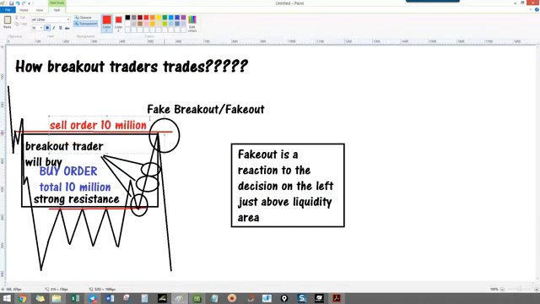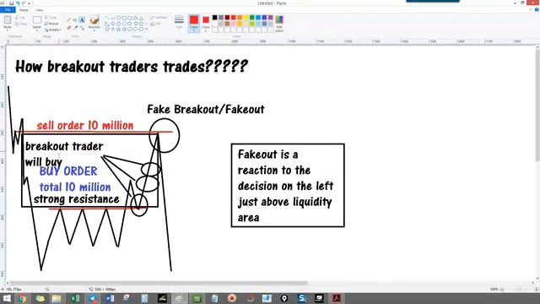This is what happened in the market. They want to sell. They have a buyer, which is the retail trader's stop loss and the retail breakout trader's buy order. And then they will sell, taking all the liquidity. So your stop loss is the liquidity for the big trader. So liquidity